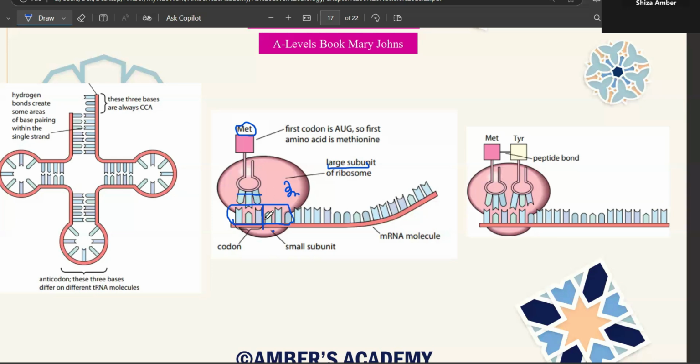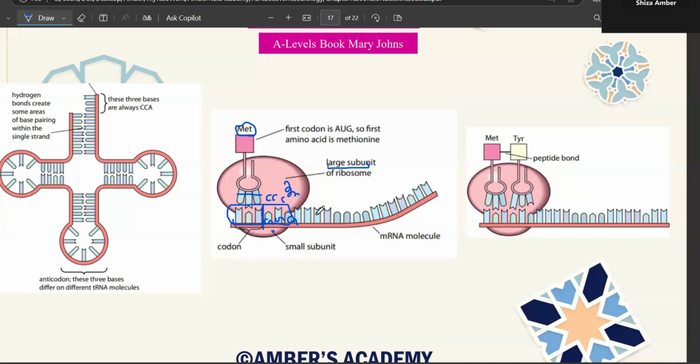For example, if this is GGG, all three G's are here, then your CCC tRNA is going to bind with it, and it's nearly impossible for you to remember which tRNA is coding for which of the amino acids. It's hard to remember. So for example, CCC is the other anticodon that is going to bind here, and obviously the tRNA must be coding for some amino acid.